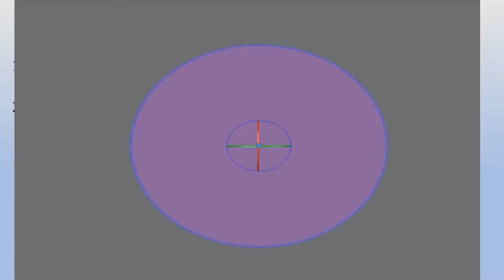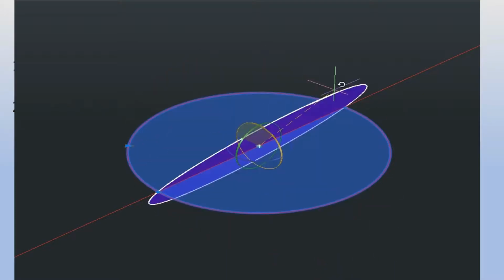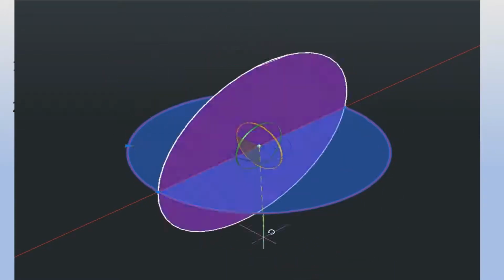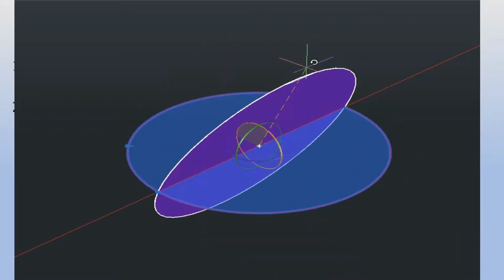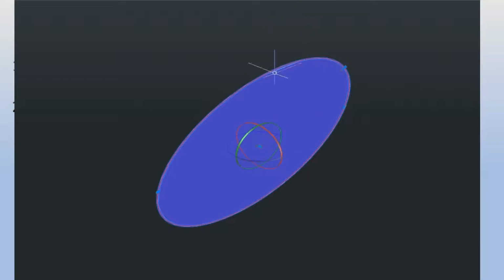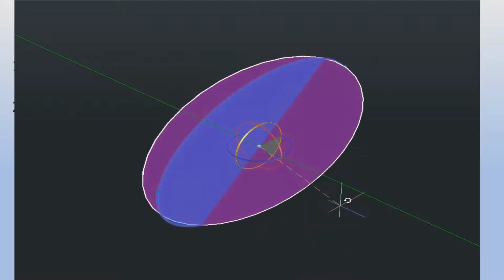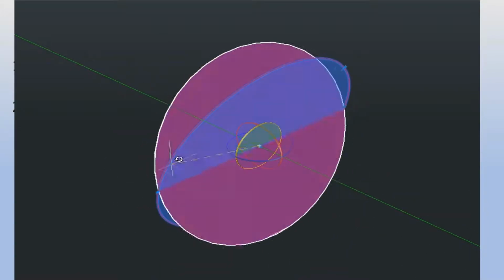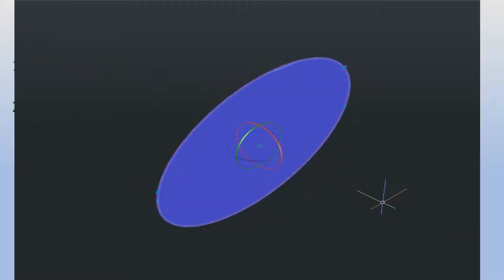See here that I am rotating this plane. You can observe only one circle is being rotated. If I make it inclined like this, you see a shape like an ellipse. So the point I want to make is, planes are very different from solids. They don't have any thickness.